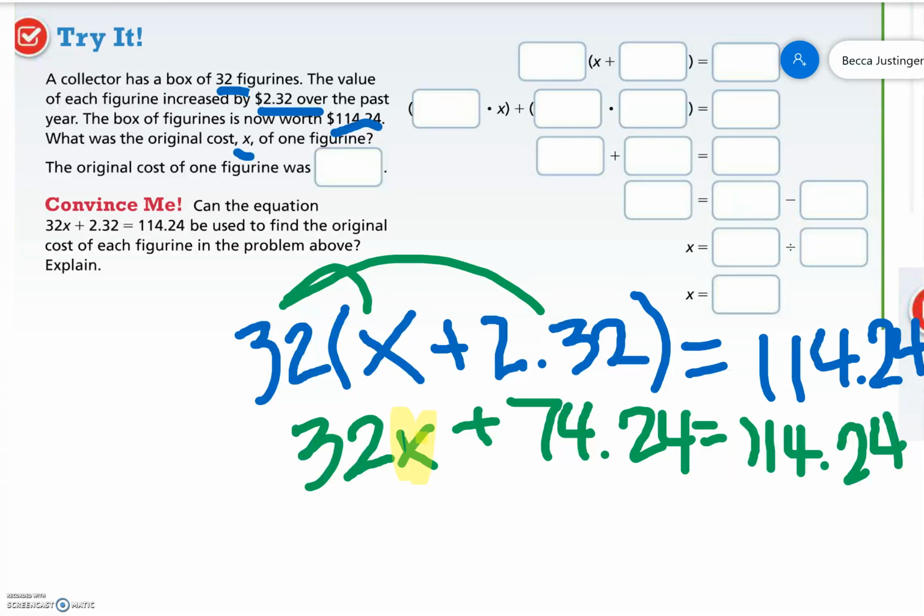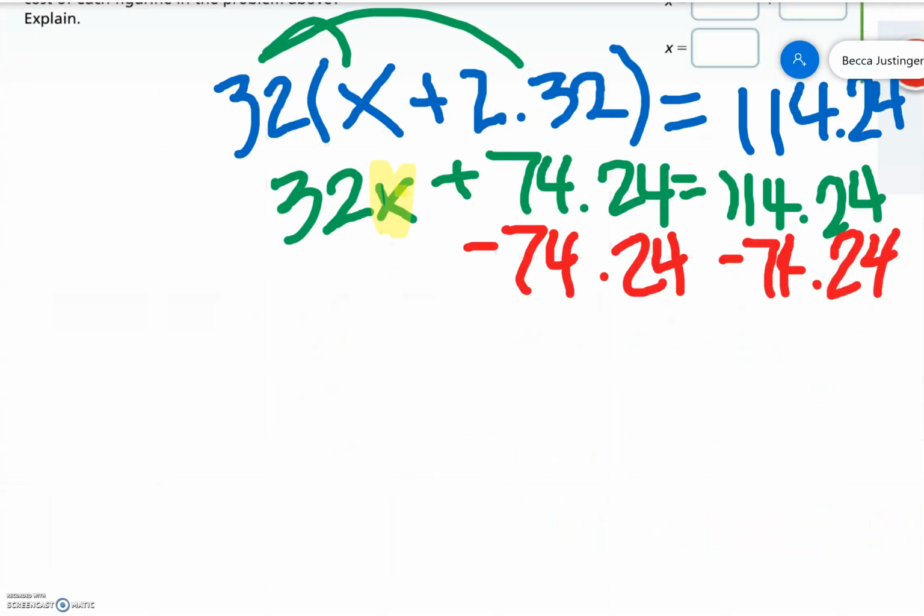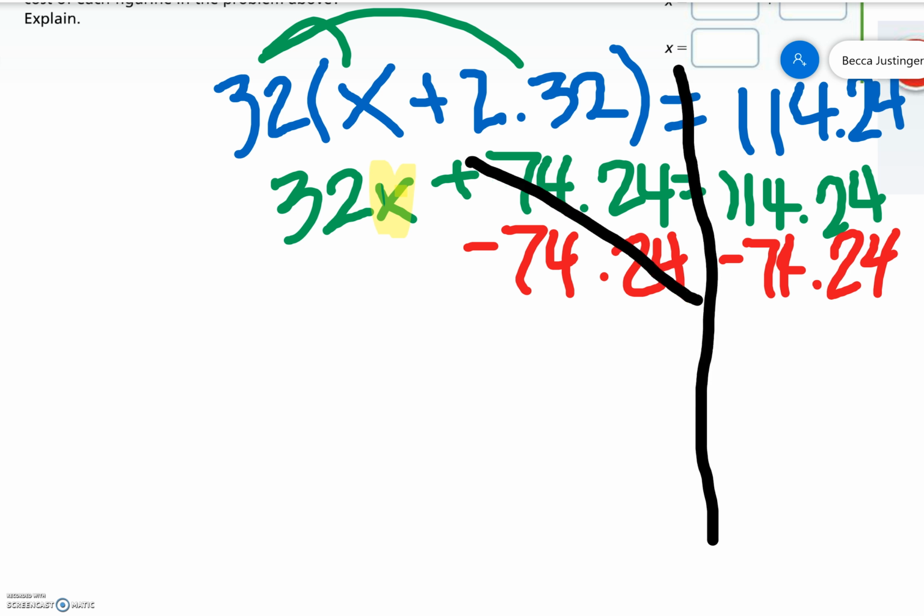So we need to get rid of the 32 and we need to get rid of the 74.24. What do we need to get rid of first? The 74.24. Now that's a positive 74.24, so to get rid of it, we are going to subtract it. Whatever you do to one side, you have to do to the other. So that cancels out on the left-hand side. And remember, one side to the other is the sides of the equal sign. Bring down the 32x